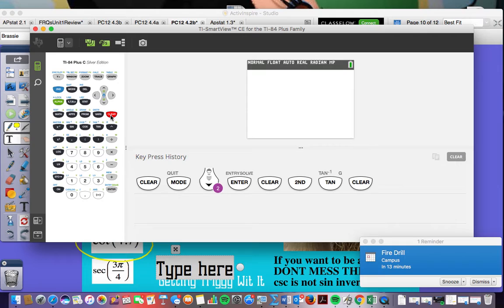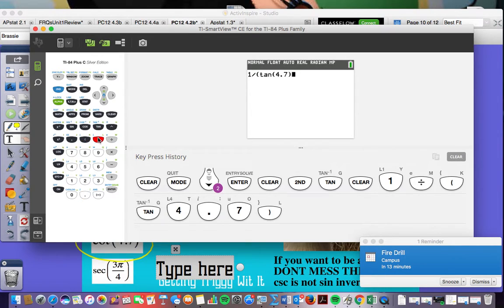To find cotangent, cotangent's the reciprocal of tangent, right? Right? Did you hear that? So I'm just going to do 1 divided by, parentheses, tangent of 4.7. Did you see that? 1 divided by tangent is my cotangent, all right? And again, make sure you're in radians when you do that because you're putting in radians. And when you get